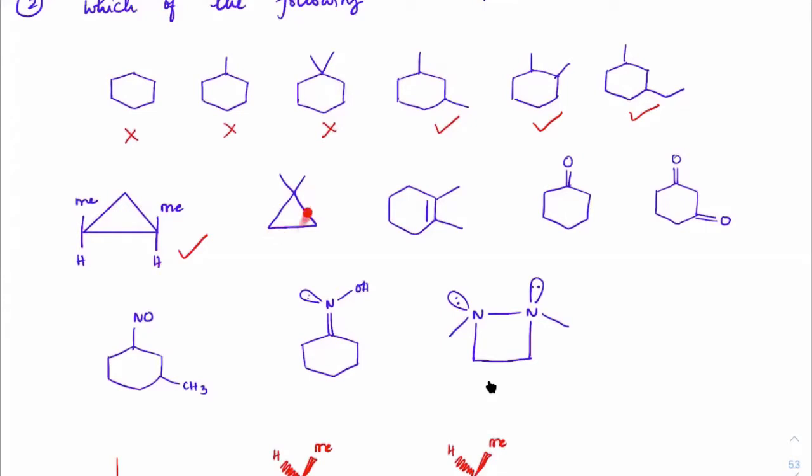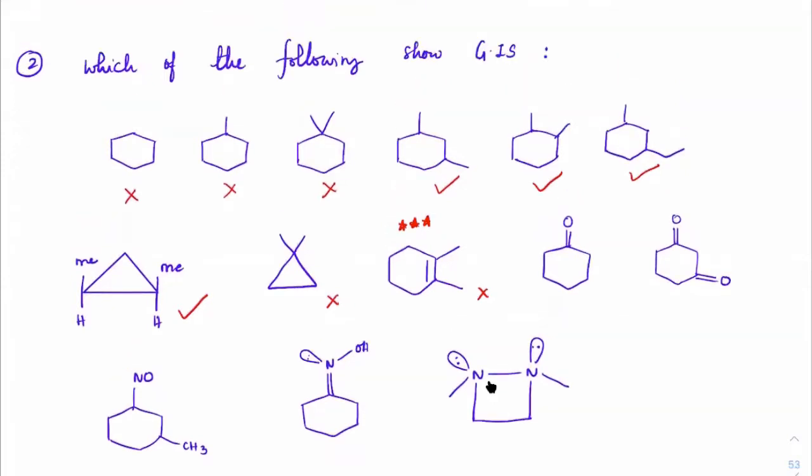Next, what about this one? No. What about this one? No. Very good. Very important. In cyclic form, if there is already a double bond, then we have only one orientation left. So we cannot have cis and trans both. We can only have the cis form. If the question was asked, which of the following can show the cis form or one of the geometrical forms, then this is correct, because this is showing only the cis form.